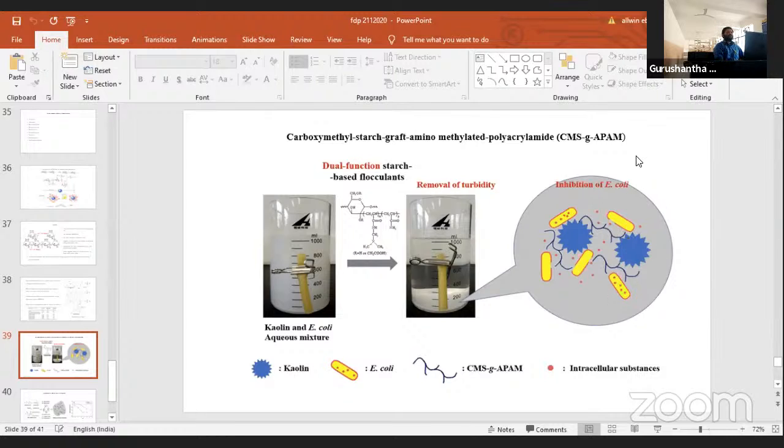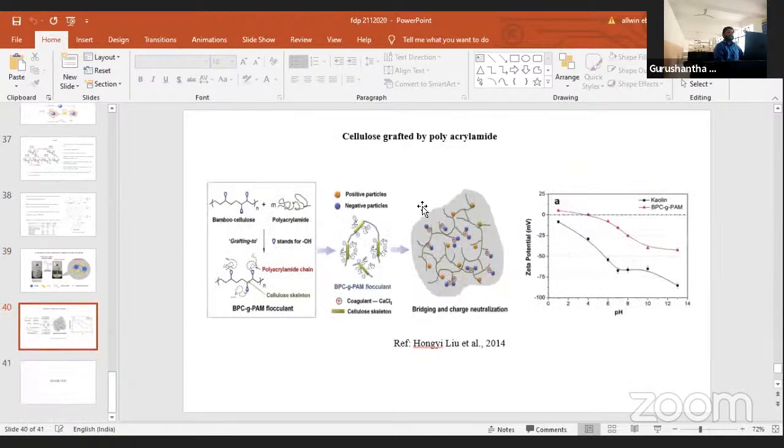So these are the different types of biomaterial we can use for this flocculation as well as coagulation effect. Another one is cellulosic material. We know that cellulose is also a polysaccharide, mainly consisting of carboxyl and hydroxyl groups on the surface. When it is modified with polyacrylamide molecules, the OH group on the surface releases its hydrogen, and the polyacrylamide gets connected on the surface and exposes the surface charge for the removal of